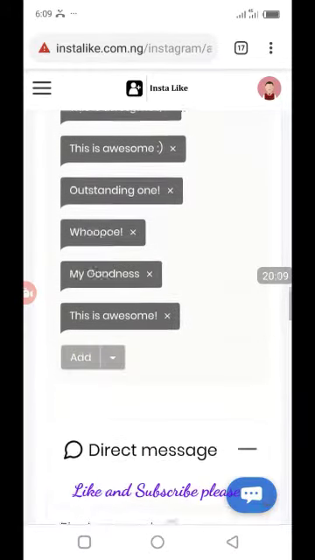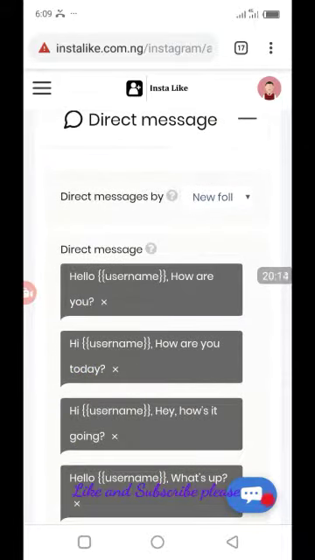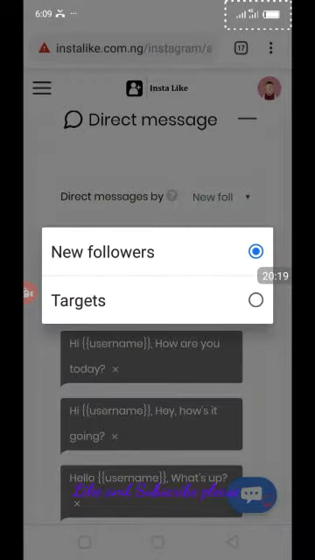So scrolling down, this is where you set your DM messages. What do you want them to send? Who do you want to send to? You can choose to send to new followers. That means if the program has started working today and you get one new follower on your account today, it now DMs only that person. I think that's ridiculously very little and